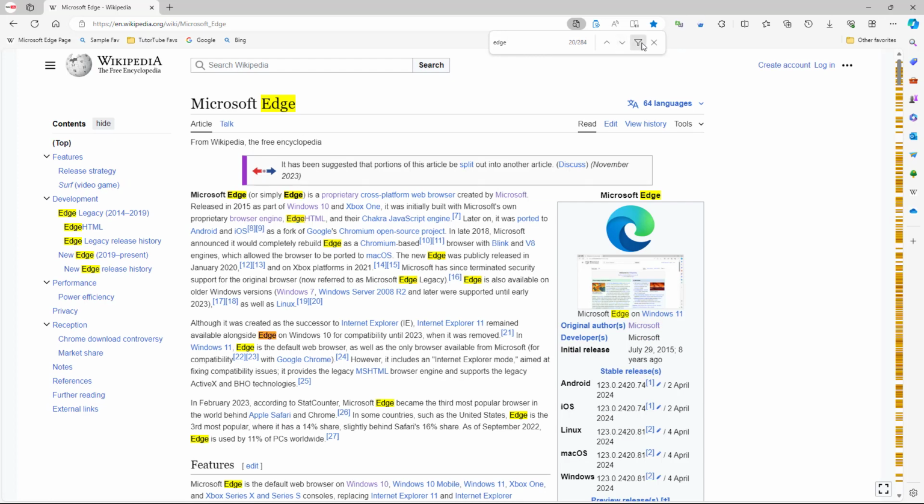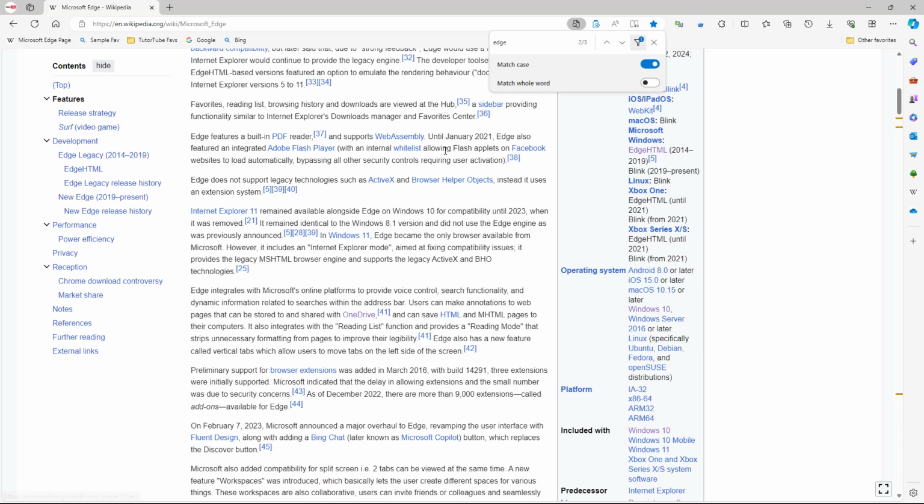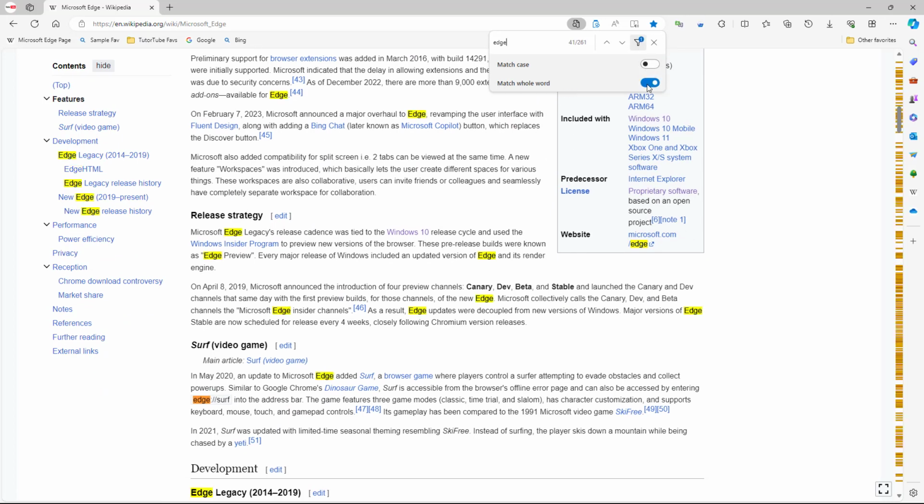like this. Apart from that, you can go onto filter, and you can also make sure that the case is matched. So the S with capital E is not selected anymore, as you can see. You can also make sure that the whole word is matched. Let's say, for example, I just want to go with Microsoft Edge right here just like this, and